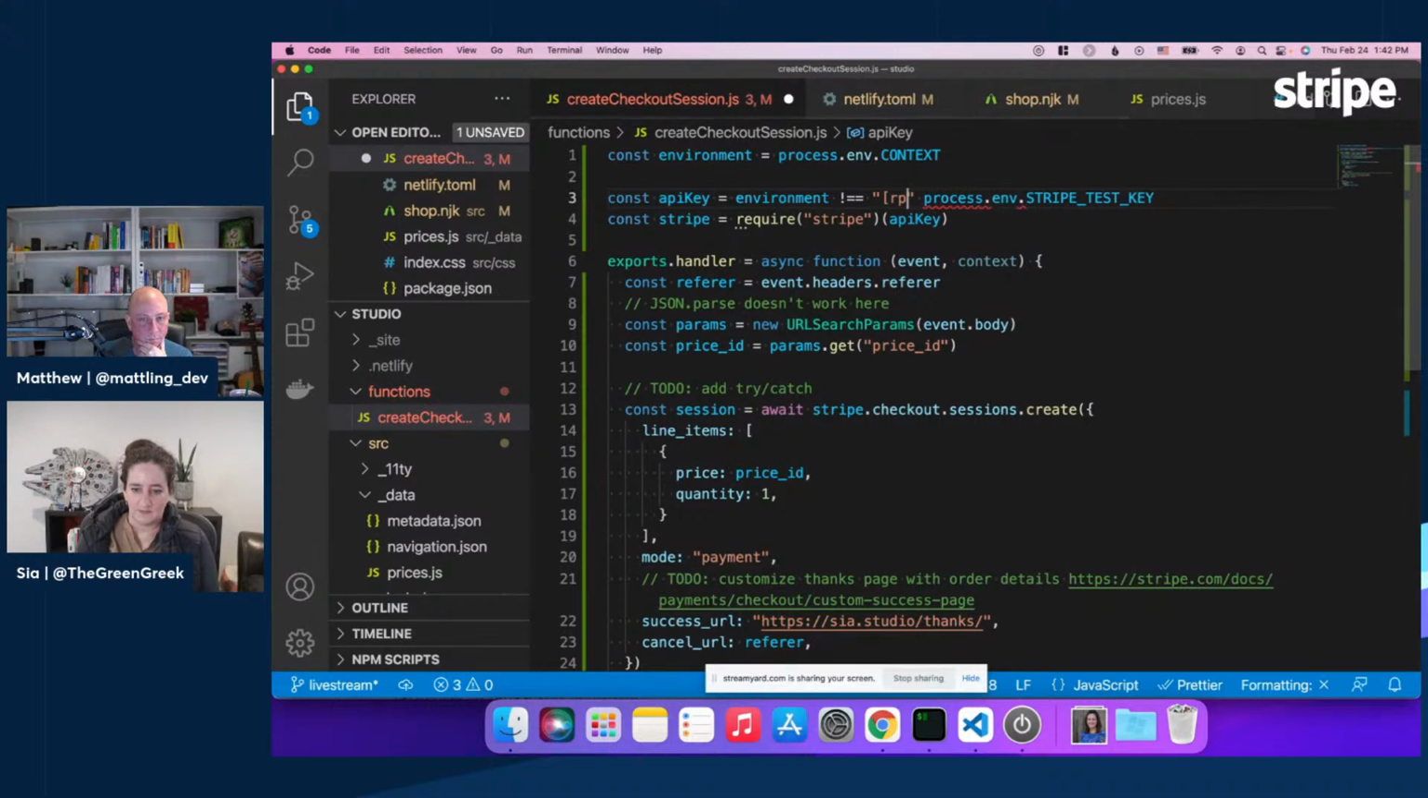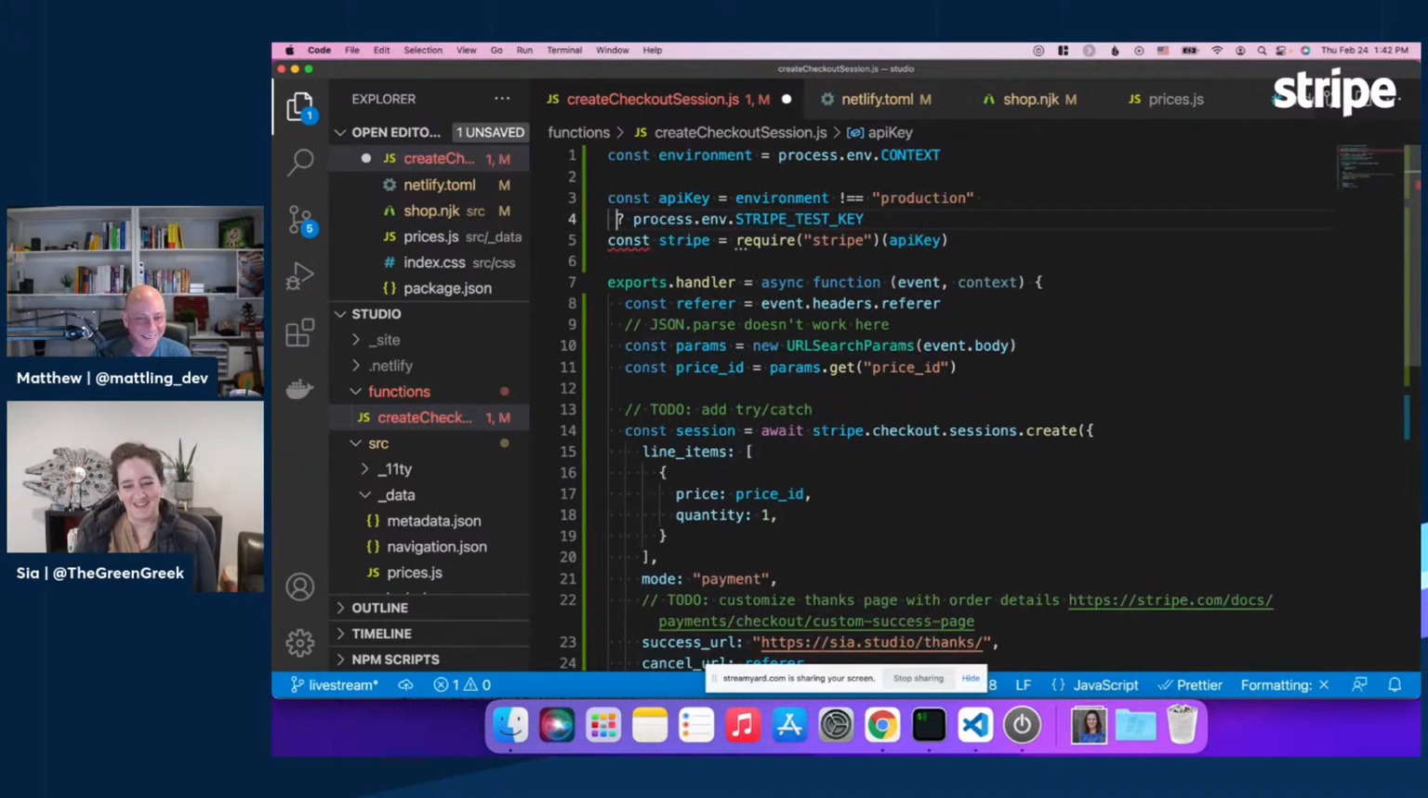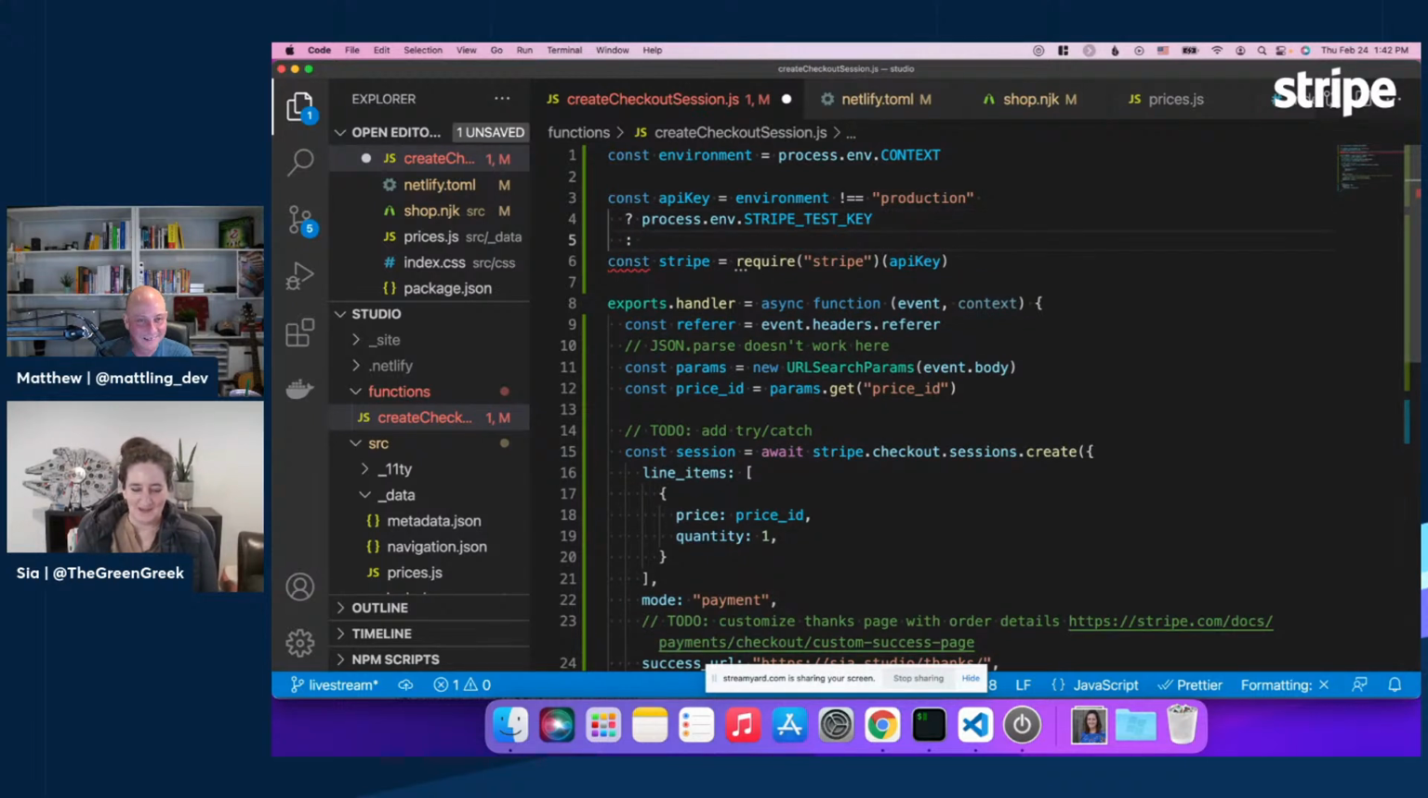Wow, that is not production. It's like the off by one alignment of your fingers while you're typing. So is that true? I always ask that. What do you call this thing? Ternary. I always ask it like it's an actual question. Yeah, I'm like, is that true? If so, then we want to do this. If not, then we want to do